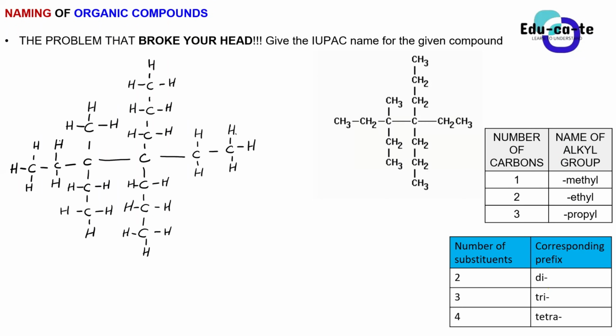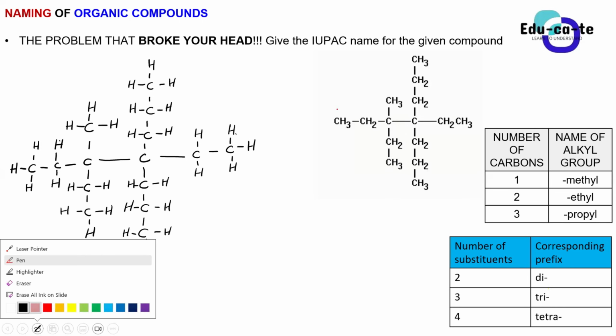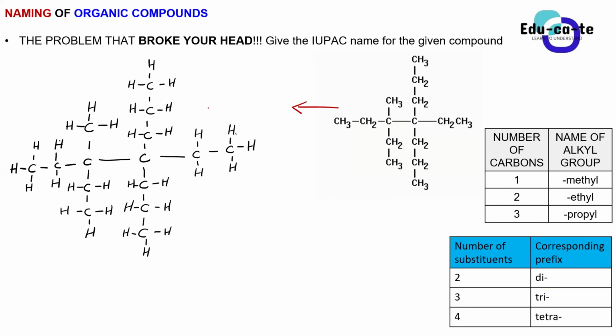Yes, so guys, before you went to the break, I gave you this question and I think it broke your head. That is why I titled it the problem that broke your head. Give the IUPAC name of this given compound. Although it is a structural formula, I prefer it written in this way. Please show all the bonds. Instead of just writing CH3, show us the actual carbon that is bonded to 3 hydrogens and so forth. So I'm sure you guys will be able to do that. Now let me hear from you guys. How were you guys able to name this?